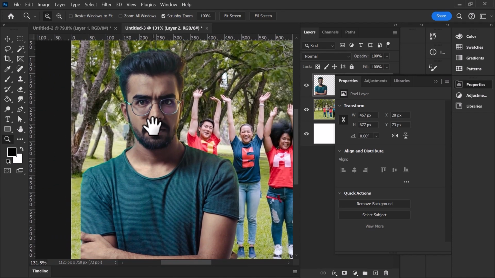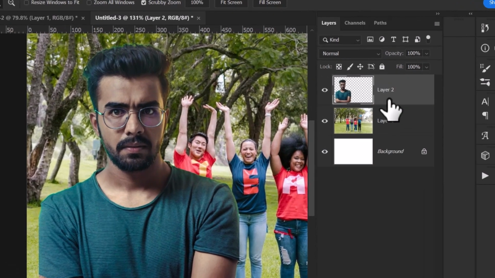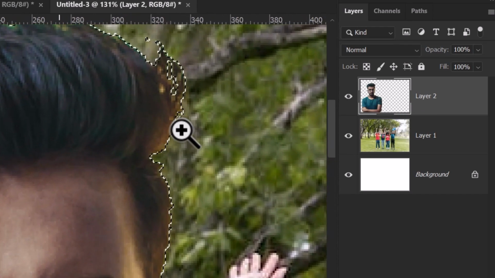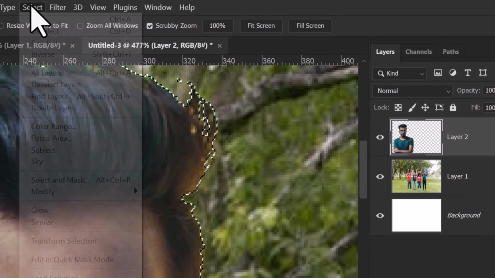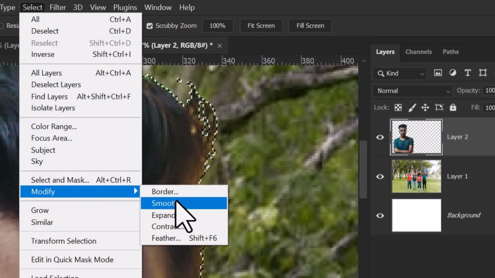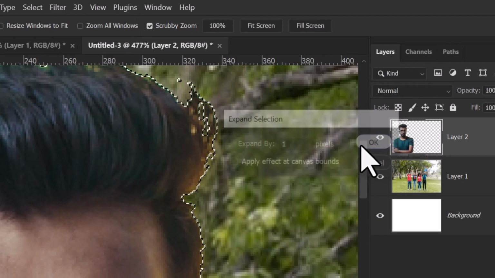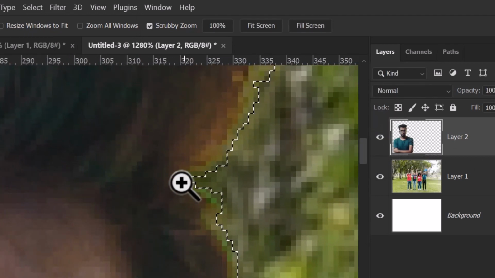So what I'm actually going to do is go to my layers panel over here. I'm going to hit Control or Command if you're on Mac and select him. And I don't really need to do much from here. I just need to expand a tiny bit. I go to Select, Modify, Expand, and I put 1 pixel in there so the selection is slightly larger than